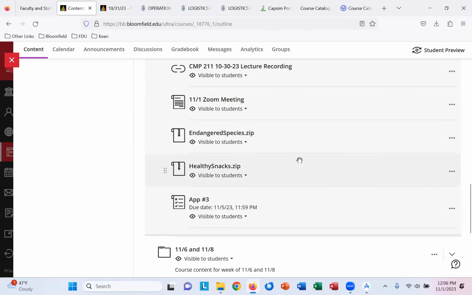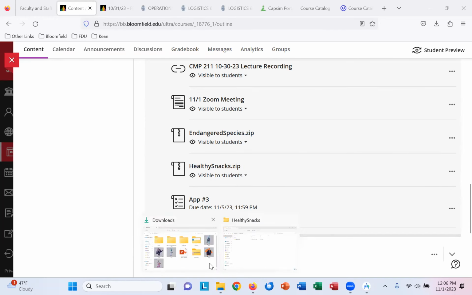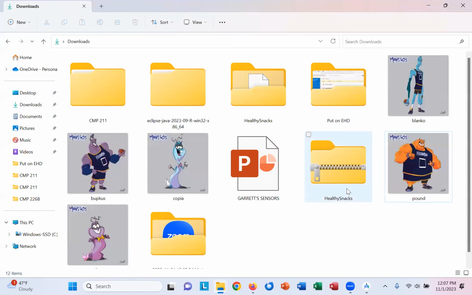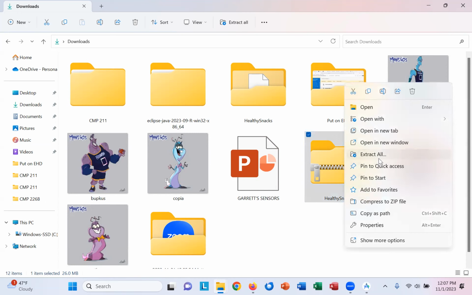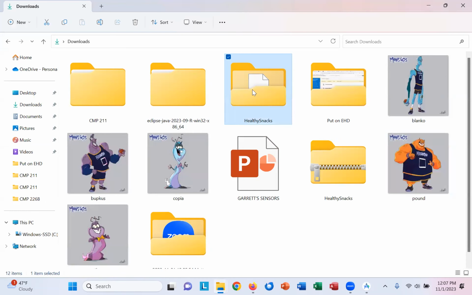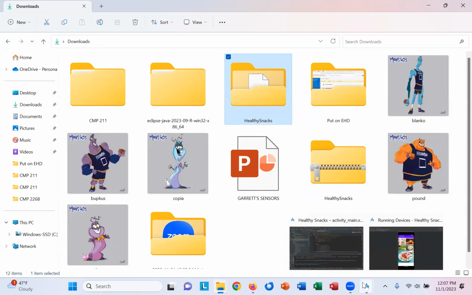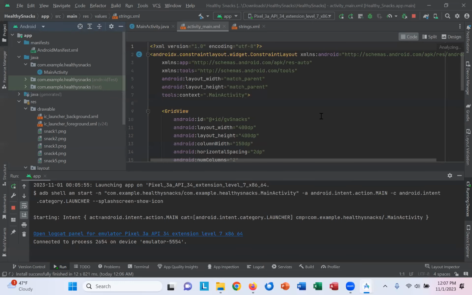All right, young scholars. Today we are going to be working on our healthy snacks zip. So go ahead and download that zip file. When you download it, it'll look zipped. You right click to extract all, and then you'll have the regular folder that you can open up in Android Studio. Now, while that's loading,